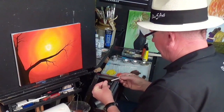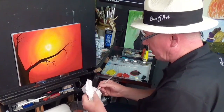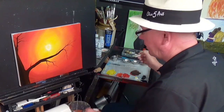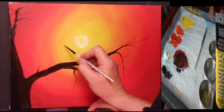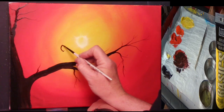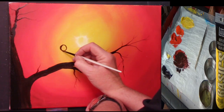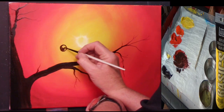Okay, so I'm picking up a number 4 detail brush. I'm just going to moisten that into some water, because I want the bristles to pick up a little bit of moisture. And I'm going to go back into this black and red mix, and now we're going to have a bit of fun. Now I've got to decide what I'm going to do here, because I'm not going to do a normal bird. I'm going to do an owl, I think, today. And I'm going to do a circle like that, because this could be sunrise or it could be sunset. It depends what you want in your world. Is it a sunrise or is it a sunset? I don't know. Let's put a nice...